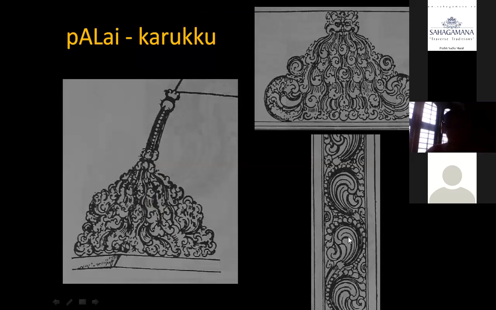And a creeper-like arrangement that is just in a wall, like a filling inside a wall, will be called Kodikarku. Karku means design. This is a Mayyapalai, Konapalai. This is a Kodikarku. So these are local terms. There are other karku also, Vattakarku, Adaipu karku, and some other palais. But if we understand the major ones, it is enough. These are Stapati terminologies that we use.